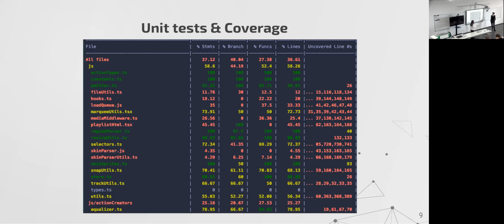On this picture, you can see the coverage summary of our project. As you can see, the coverage is not very high because those are the tests that were initially included in the code. And for now, we did not write our own unit tests, and this is due to the fact that